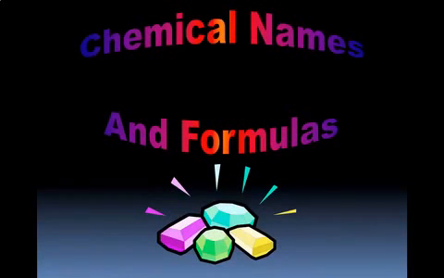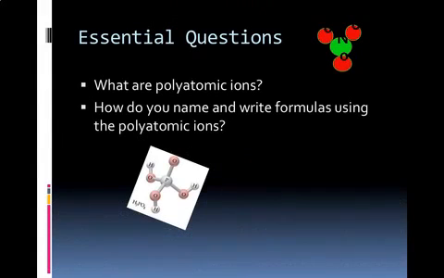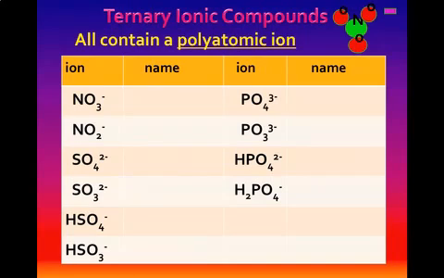The topic for this video is chemical names and formulas. The essential questions are: what are polyatomic ions, and how do you name and write formulas using the polyatomic ions? Poly means many, so a polyatomic ion is many atoms in an ion. It's basically prepackaged and comes with a charge, so it's still looking